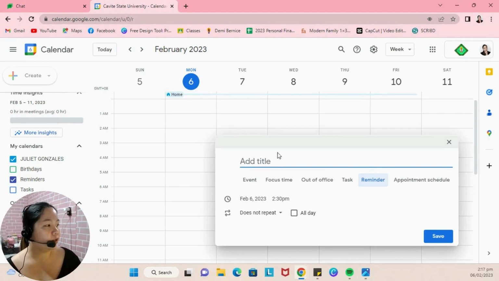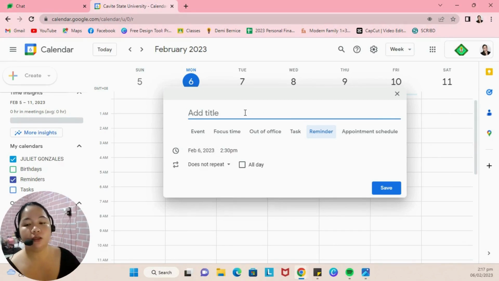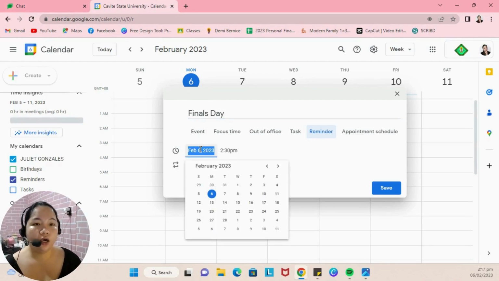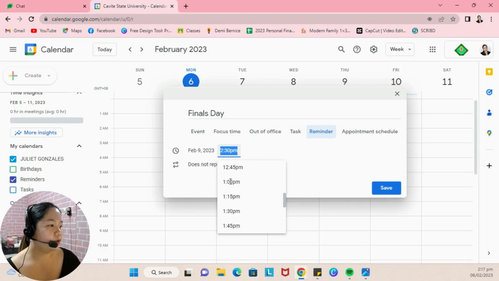So there's a pop-up in here, which is this one. Then you just have to click check reminders on the top left. Once you click on create, you just have to type in the reminder, like the title, like finals day, and then you can click on choose the time and the date. I can say it's around February 9, Thursday. I have a finals on cost